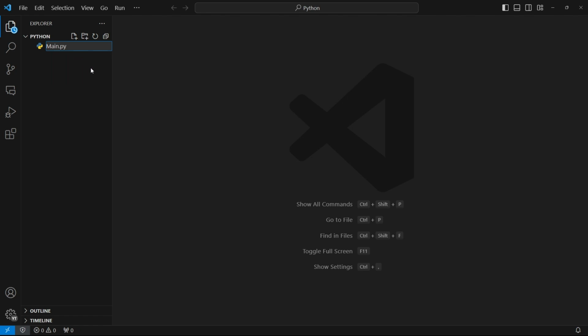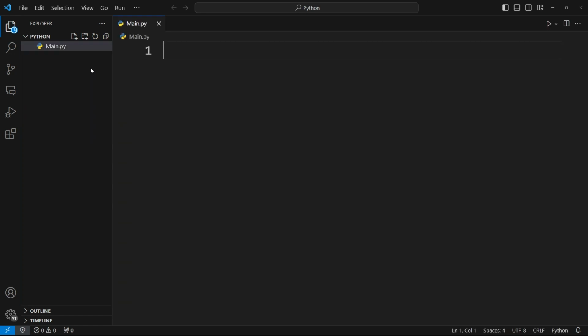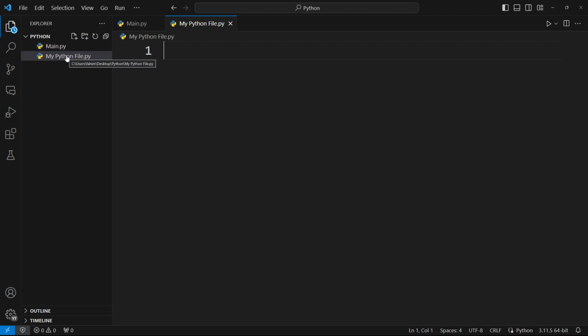And let me clarify something for you. You can keep spaces in the file name. For example, this is working, and if I want to use this, my python file.py, this is also working, but this is not recommended. So the recommended file name is, you shouldn't keep any spaces between file name. If you have multiple words in a file name, you can use underscore, or you can use camel case like this. This is not a camel case, but yeah, we can use this, my python file.py